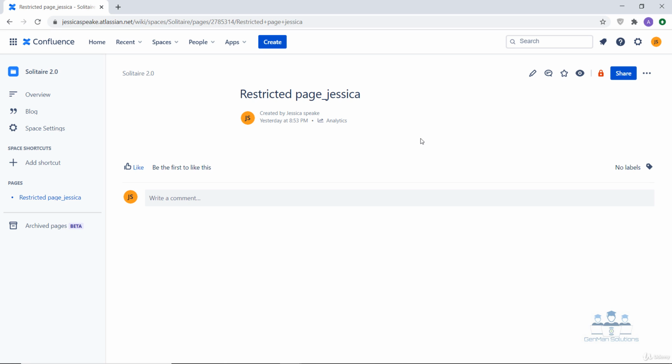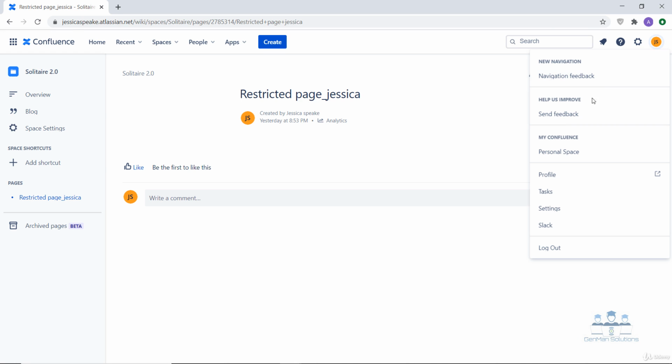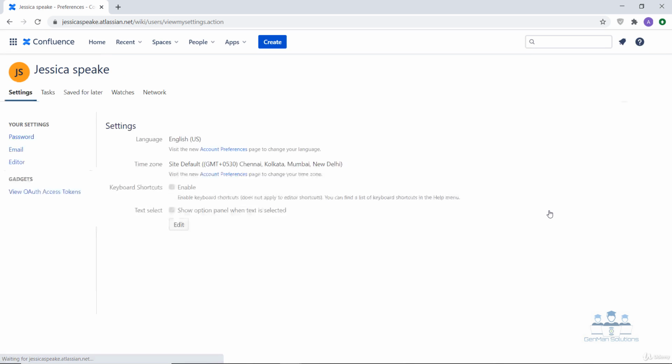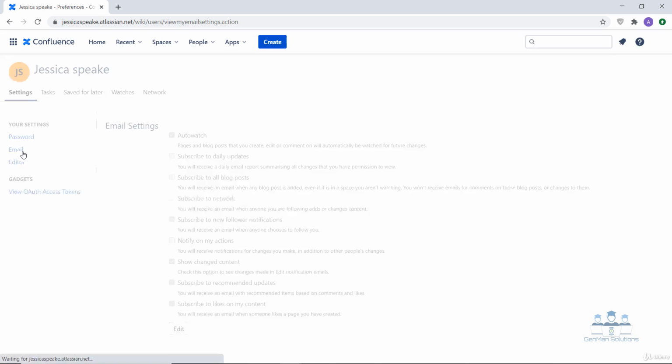Now let's look at the feature where in case you want to watch all spaces there on your site. To do that, choose your profile picture there at the top right of the screen, then choose settings. So under this feature, you can receive notification about the changes to the content of pages, blog posts and comments from all spaces on your Confluence site. You have to choose email from here. Click on edit